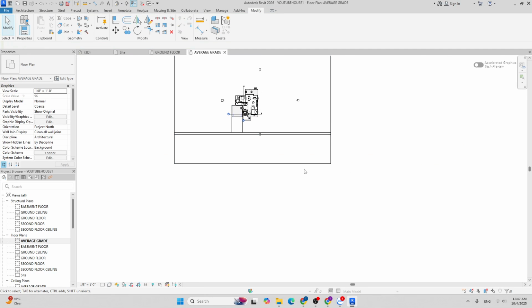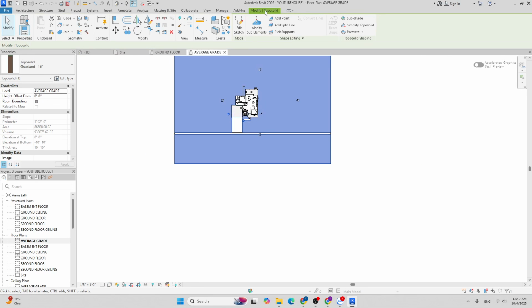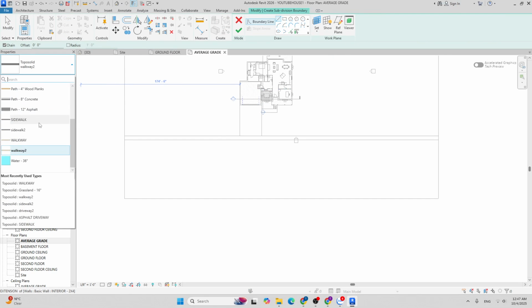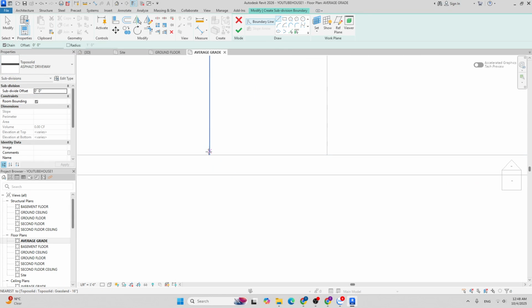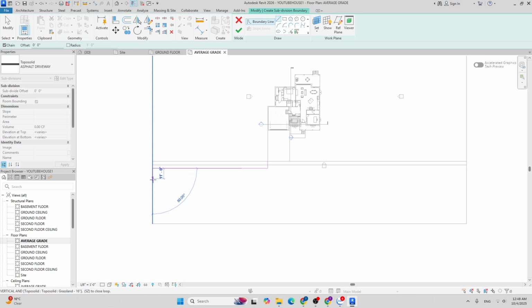I'm going to the average grade, and I'm gonna click this one, and I'm gonna subdivide it, and I'm gonna find driveway as well. Driveway or driveway 2 is the same thing. I'll start from here, go down here, go down 3 foot 6, and I'm gonna go here. And let's say our street is about 30 foot. It's a big street. I'll continue all the way,